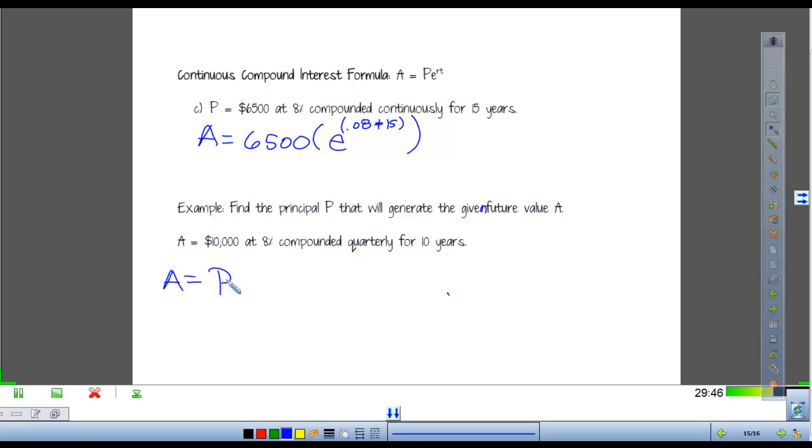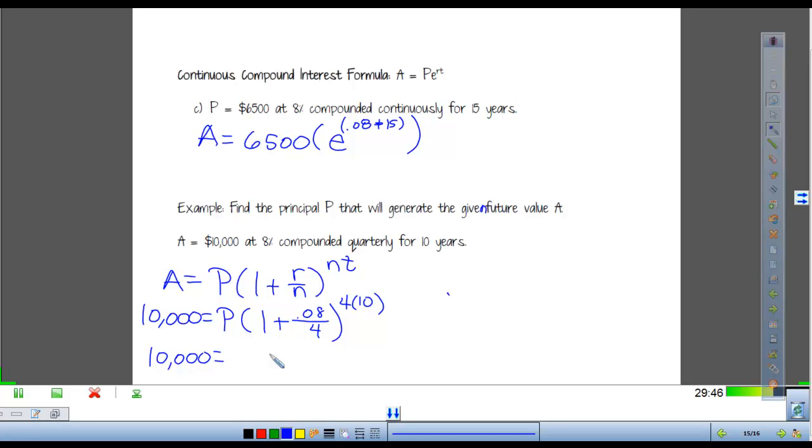First of all, we've got A equals P, 1 plus R over N raised to the NT. Okay, what we're trying to figure out is what the principal is. At the end of this 10 years, we need $10,000. Okay, we've got a rate of 8%, so that's 0.08. We're compounding quarterly, so we're going to divide by what? 4. Okay, raised to the 4 times 10. Okay, and for your calculator, you're going to just put in 40. All right, so we get 10,000